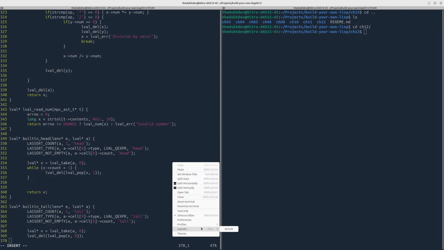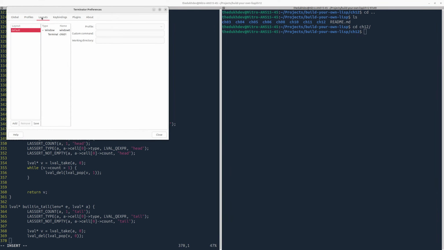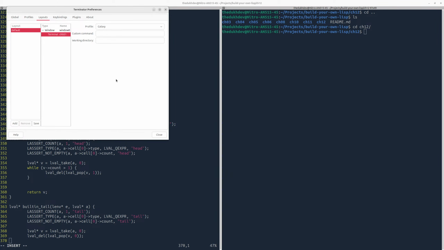How? Layouts, profiles. I know how. I go here. I go layouts. Instead of Mirage, I'm gonna use Galaxy. Window. Default. New layout. Galaxy. So now,